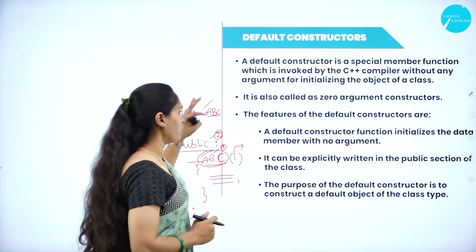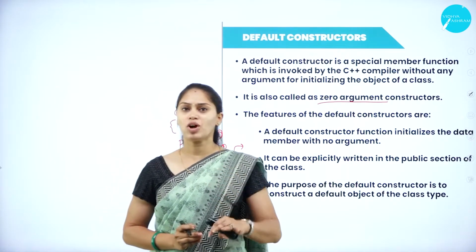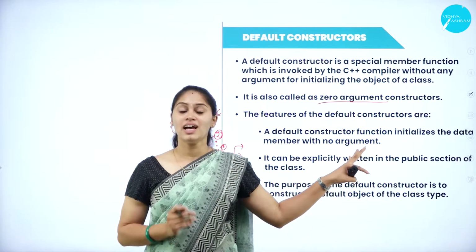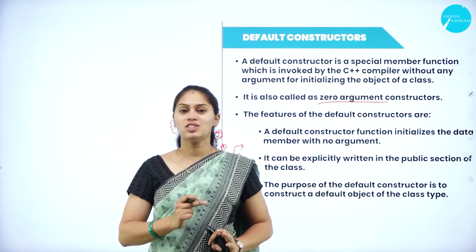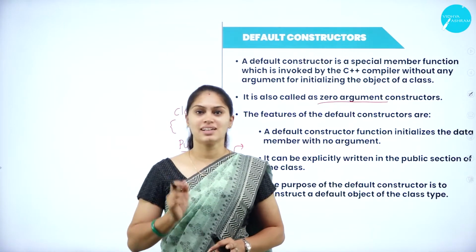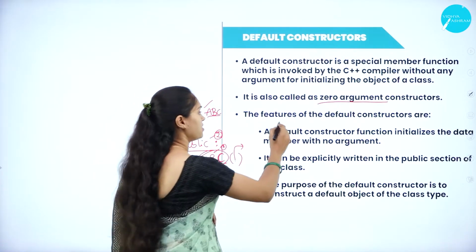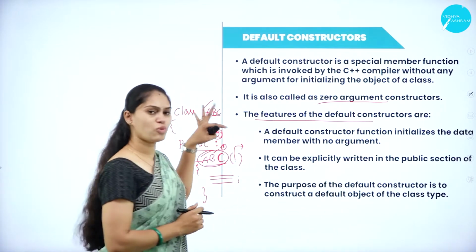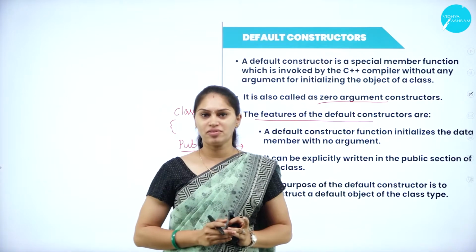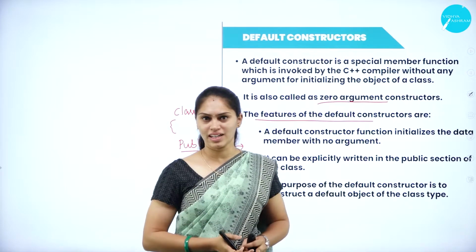Getting it, students? So the default constructor is also known as what? Zero argument constructor. So why am I calling this a zero argument constructor? Because with the help of this default constructor, I am not going to send any arguments or parameters to the constructor, so it will be known as what? Zero argument constructor. Now we'll see what are the features of this default constructor. While learning any type of constructor, you have to concentrate on what you mean by that type of constructor. For example, if I am working with the default constructor, then you have to remember what a default constructor is.